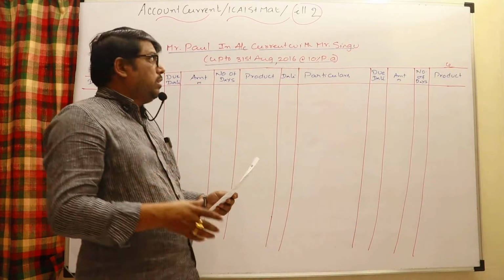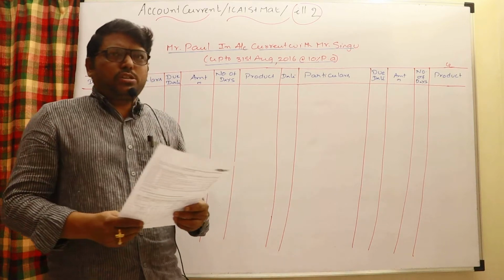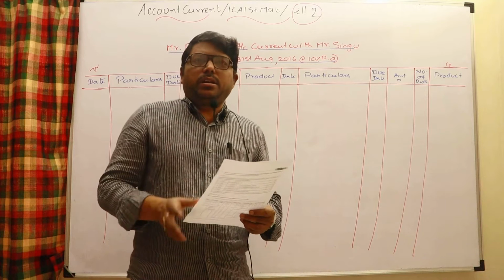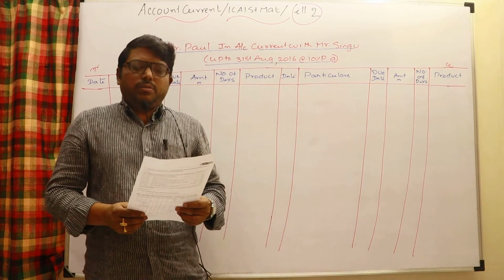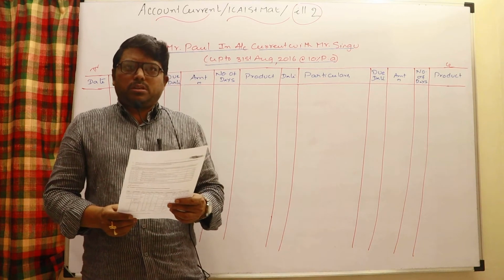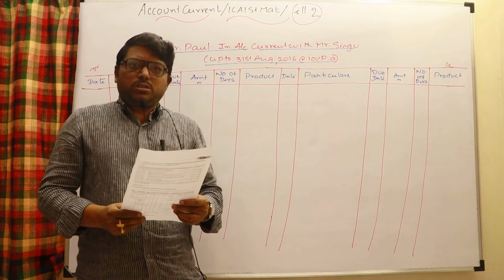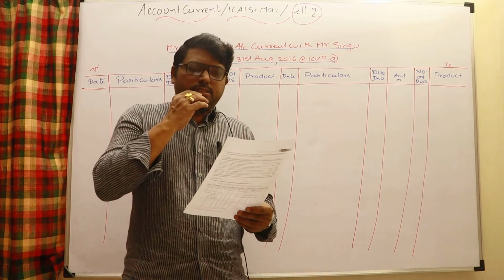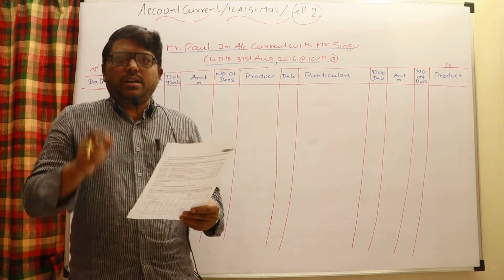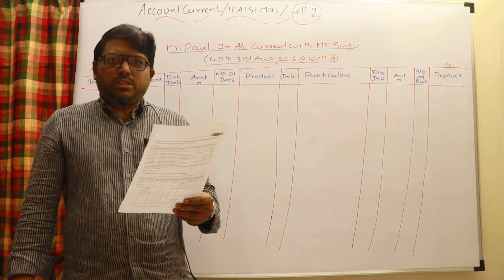Hi friends, today we will discuss the Account Current ICI study material, illustration 2. We have already completed the theory part related to account current and even illustration 1 by the interest table method and the products method. It is completely uploaded, so you can watch it through the playlist. Today we will discuss illustration 2. Of course, unless the interest table method is separately required, we definitely have to go for the products method only.